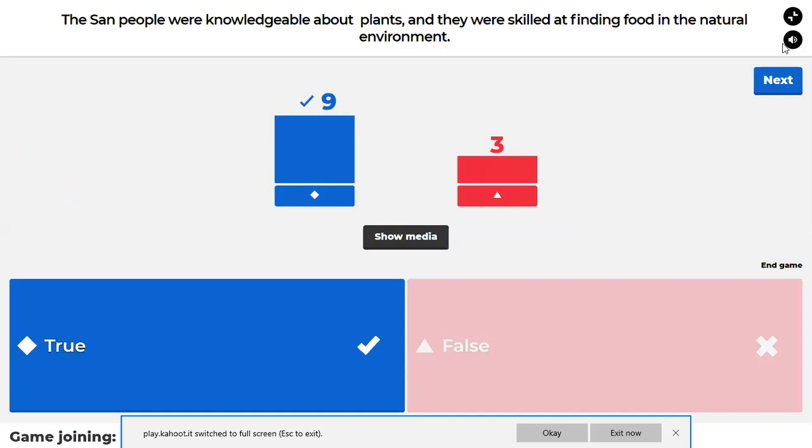The San people were knowledgeable about plants, and they were skilled at finding food in the natural environment. Yes, that is true. They said you're on fire.